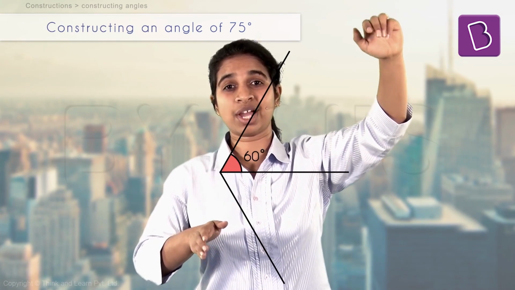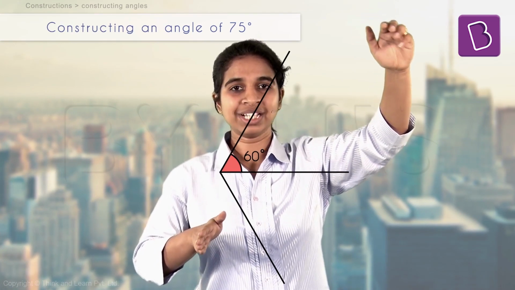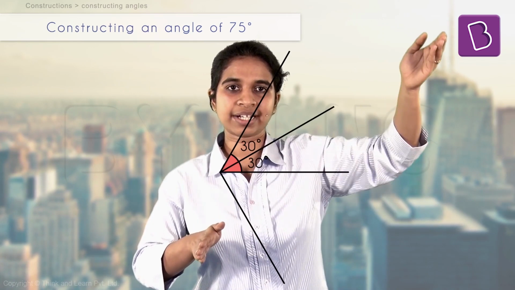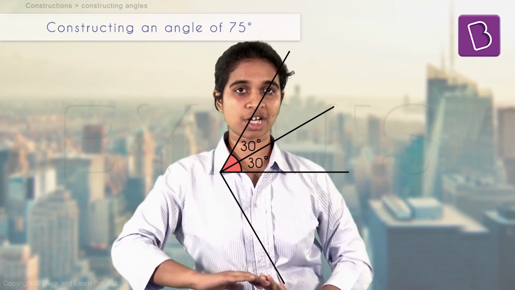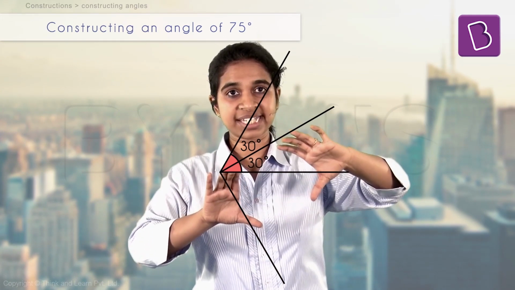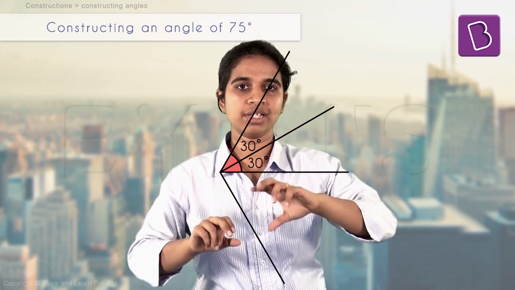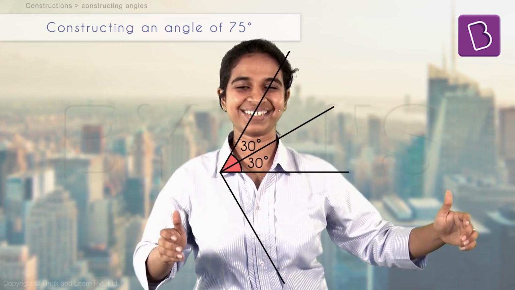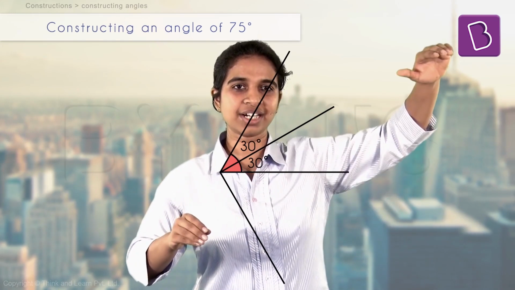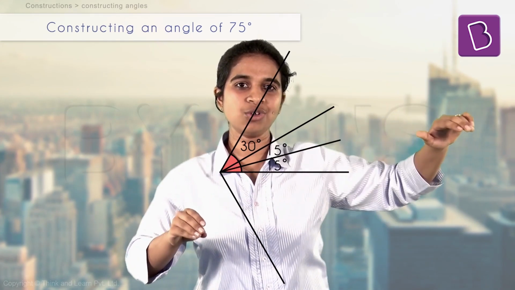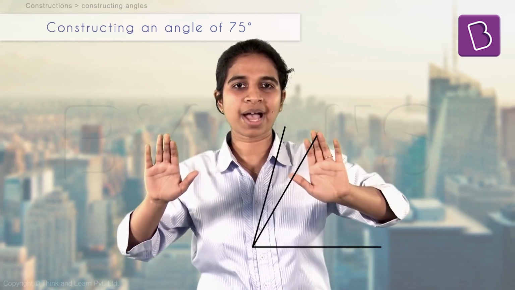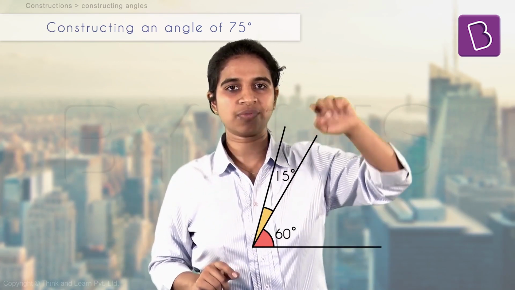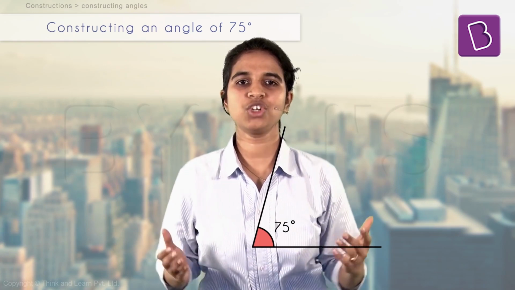Now you don't want 60, you actually want 15. So what will you do? The second angle of 60 degrees, you'll bisect it once. Just this angle of 60. We are not concerned about the below angle. Just 60 I want to bisect, right? Not the 120. 120 if you bisect, you'll again get 60, right? So if you bisect 60, you'll get 30. If you bisect this 30 again, you will get 15. Now turn it back up. This is 60, this is 15, total is 75. You'll get the same angle of 75 degrees, right?